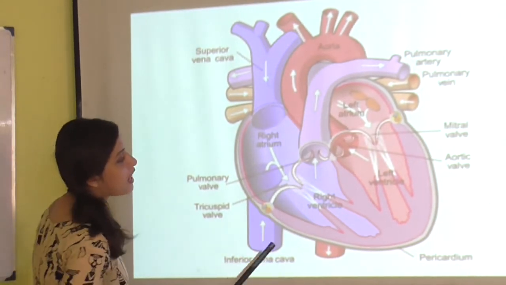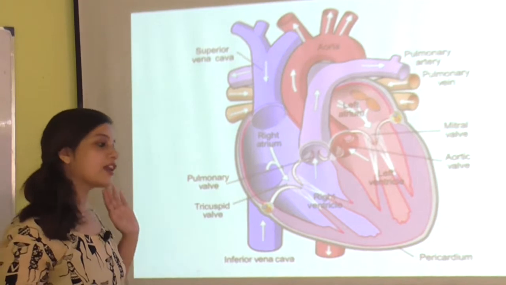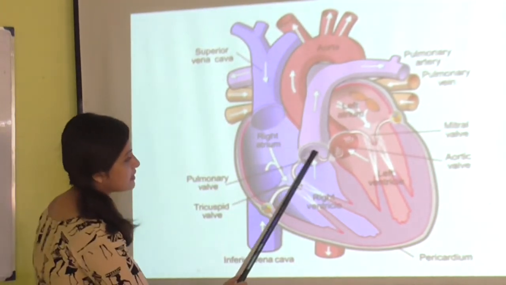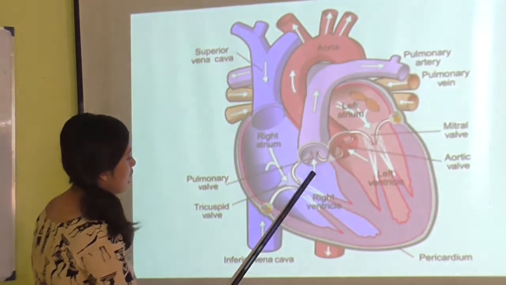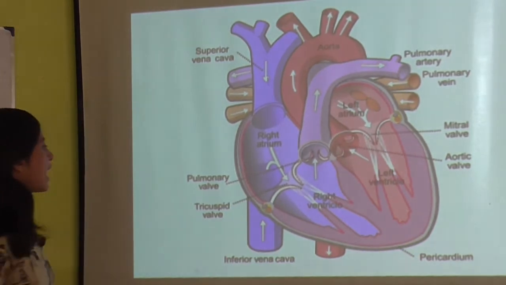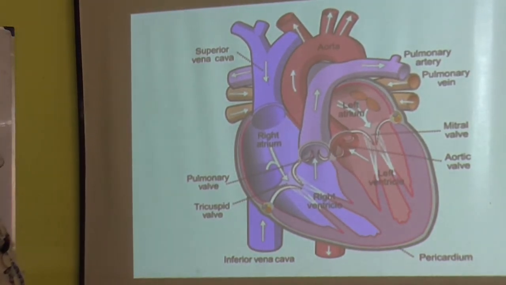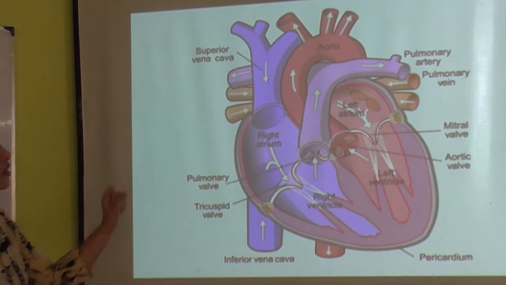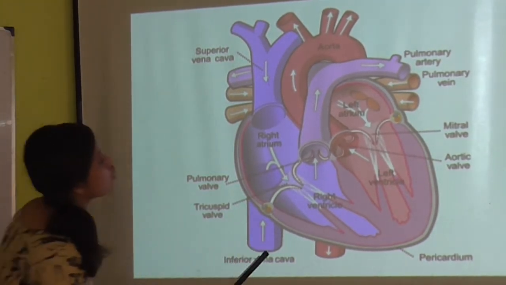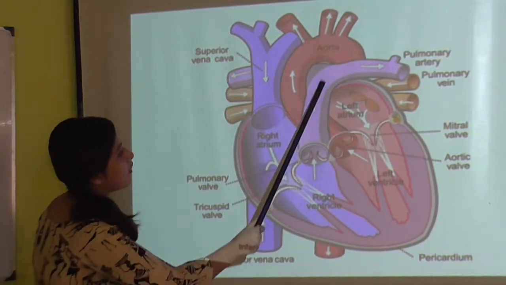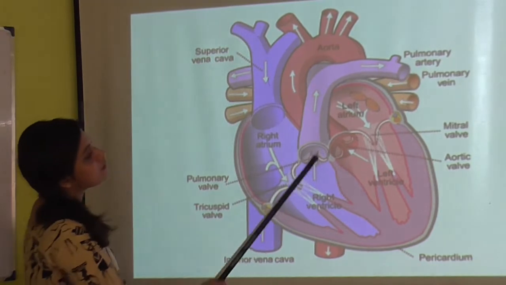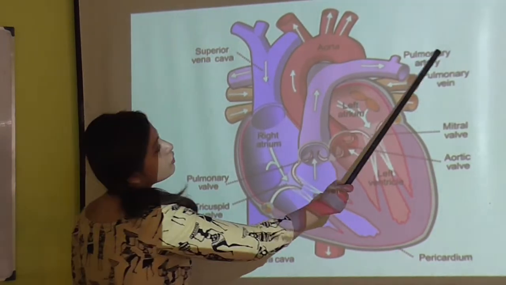After coming into the right ventricle, what will the blood do? It will push again another door. It will again go to another room, through another door. Can you see this? These are the 2 valves that it will push, and this valve is known as the pulmonary valve or semilunar valve. It is known as what? Pulmonary or semilunar valve. So it will be pushed there and will enter another vessel. What is the name of this vessel? The name of this vessel is the pulmonary artery.